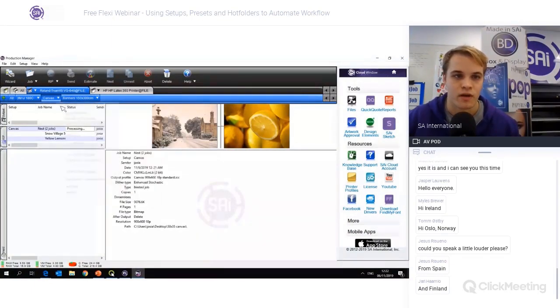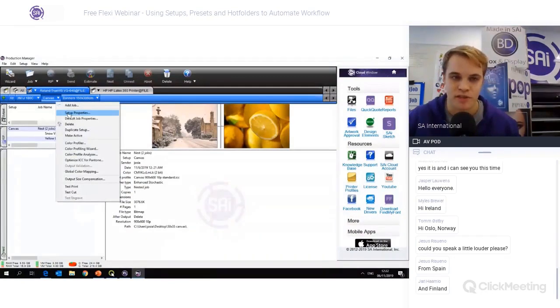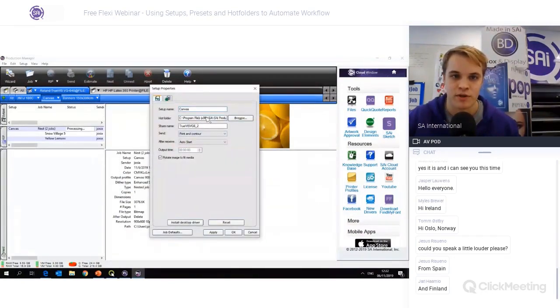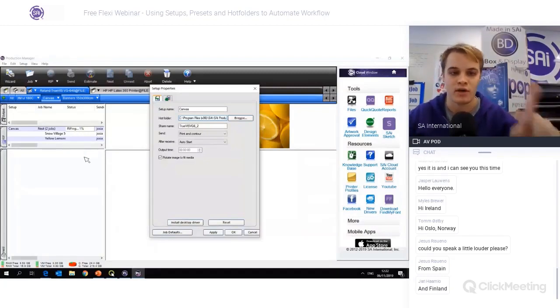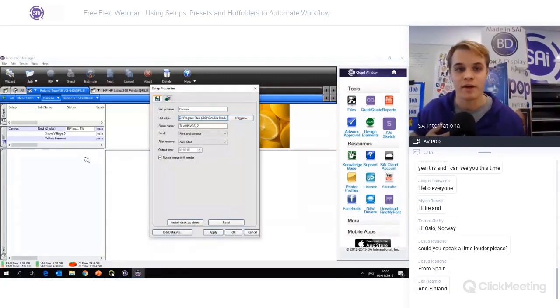Now, in the setup property queue, as we showed earlier, you can also set a hot folder. This is a folder for which the setup will automatically pull jobs into the hold queue. So if I want to simply copy jobs